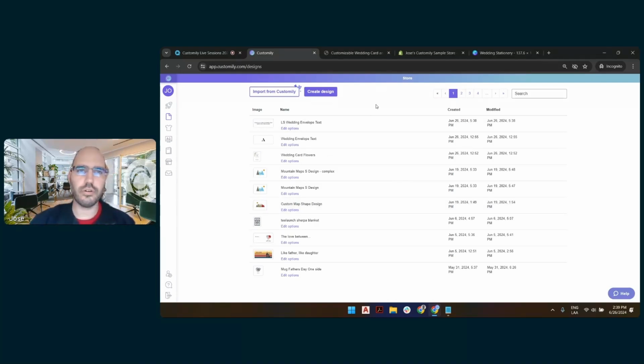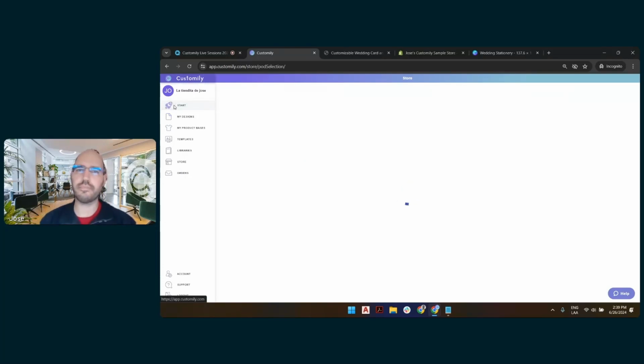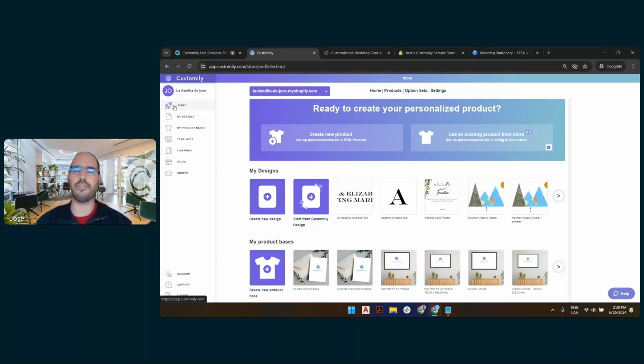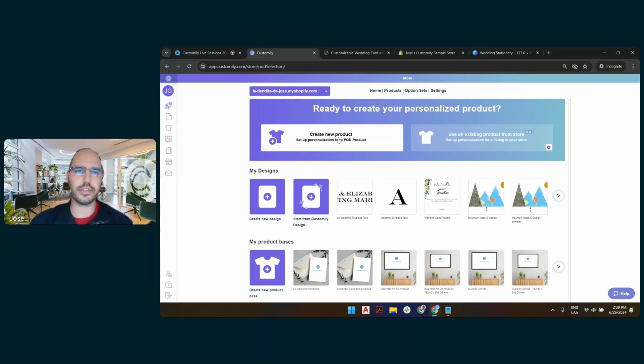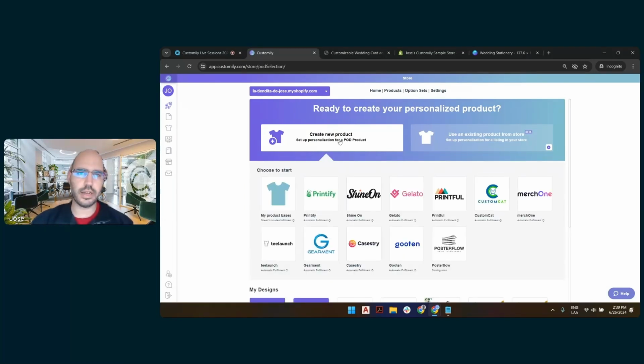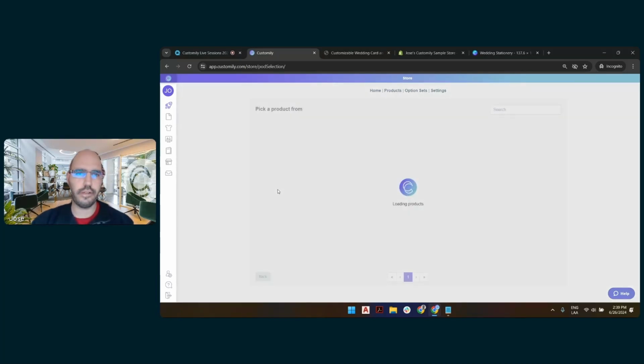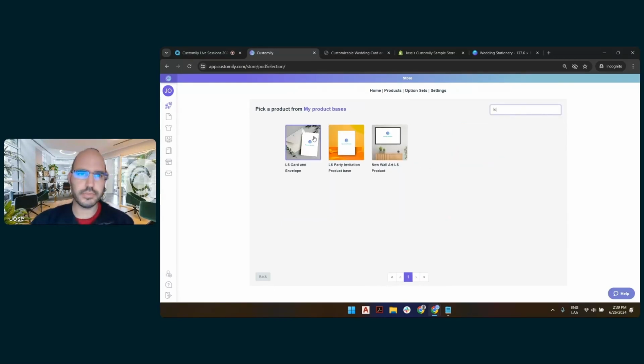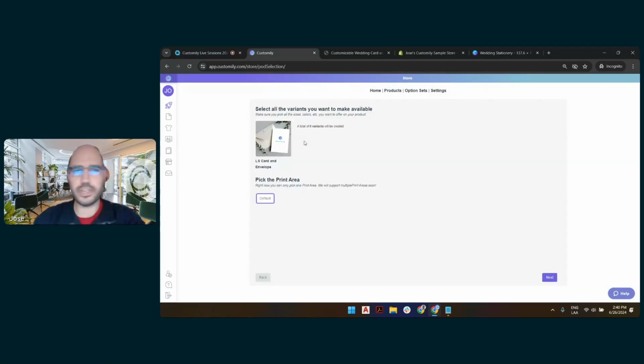Okay, so let's go to the start section now and merge these three together. Why? Because we have a product base and 2 designs, one for the card, another one for the envelope. So let's create a new product. This will allow us to pick from multiple PODs or our product bases, in this case. And let's filter by LS. Yeah, that one, card and envelope, right? So when I pick this, okay, there's no variants because we didn't add any particular variants. So we click next to